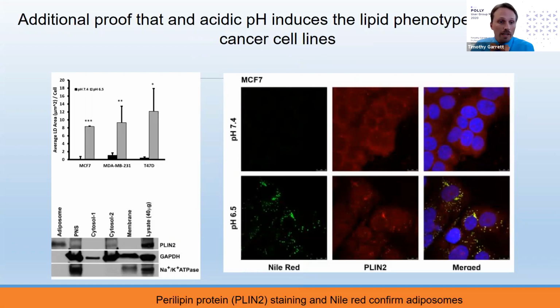We can also look at key staining of cells to understand whether or not these are true lipid droplets around cells. And we can look at the average lipid density increases and changes with different cell lines. Using Nile red, we can see that we have an increase in the amount of lipids present in droplets at 6.5. We can also stain for perilipid proteins, specifically PLIN2, and we can see an increase around the cell environment. And when you merge this together, you get a much clearer picture. So you can see that we definitely get a clear increase in the amount of lipids when we lower the